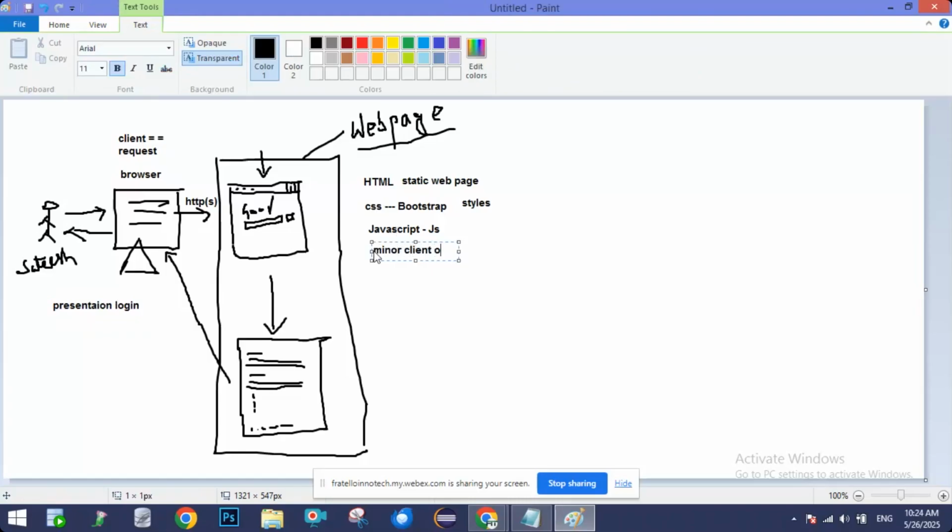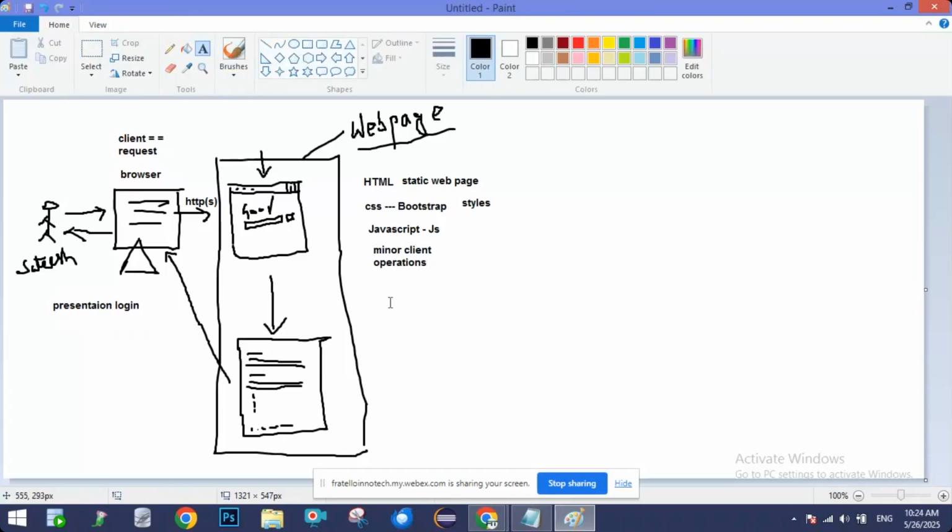for example form validations, or some kind of calculation, like if I'm entering the date of birth, the age should be calculated, or if I'm entering from date and to date, the number of days should be calculated, or auto-completes. If you click on the drop-down, it should show the options to select. All such options we can develop using JavaScript, basically. JavaScript is a foundational and very powerful client-side scripting language,